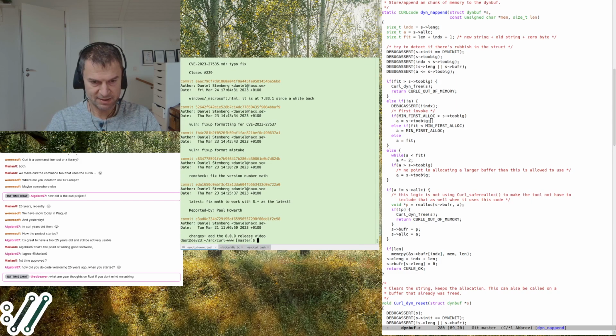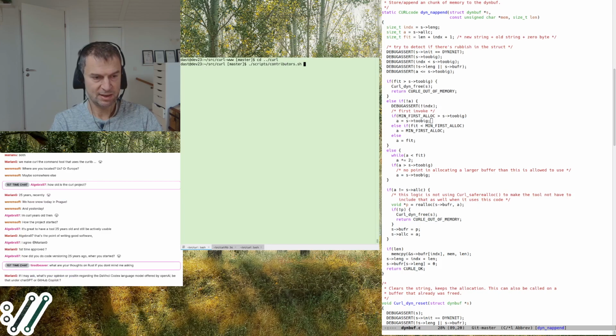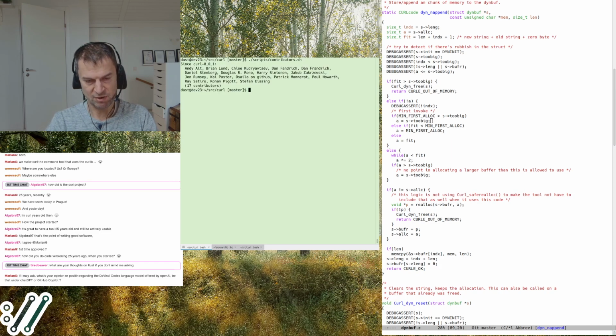And what is fun is that when we then go to the regular source code directory, we can run this script to figure out who are the contributors who have helped out with stuff since the previous release. Boom.